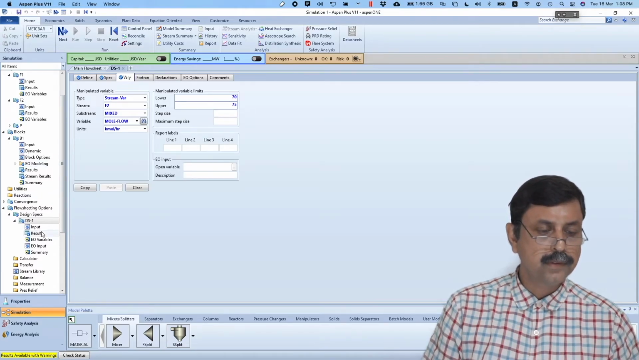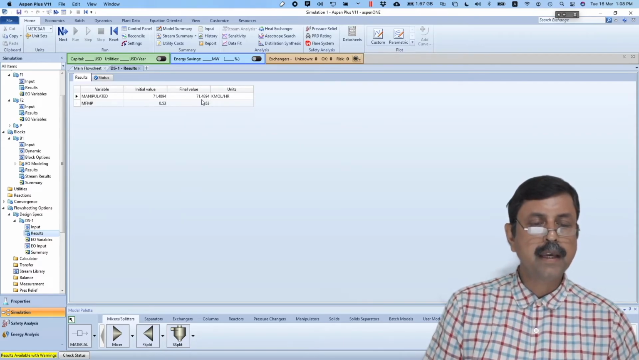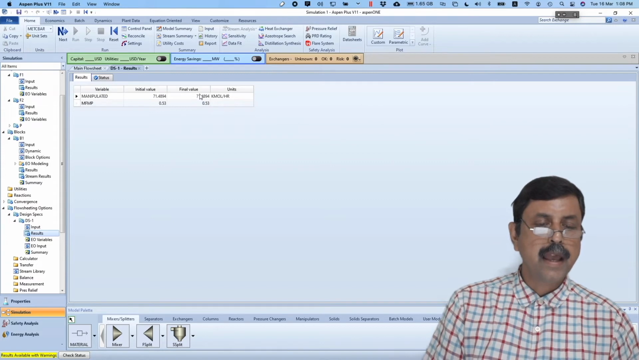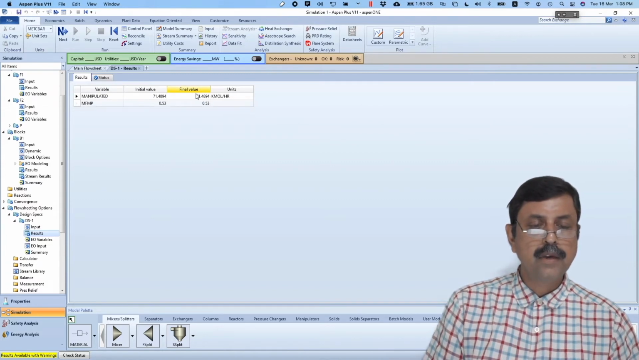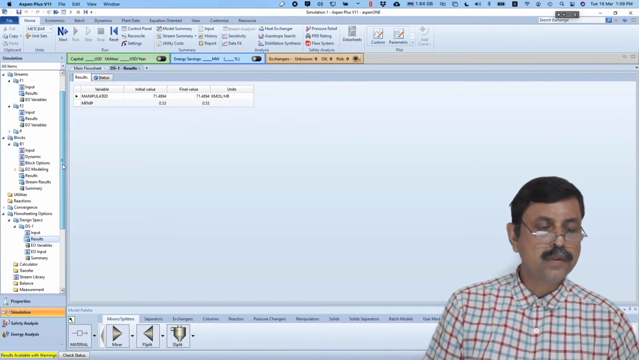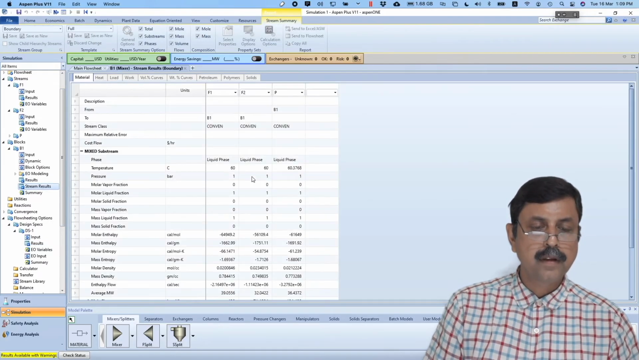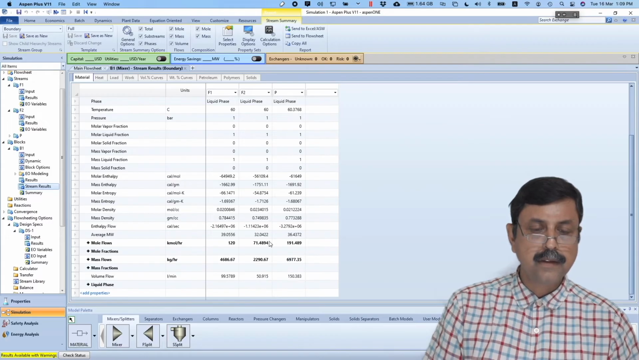Yes. So go to the results. Here it has identified it should be 71.4894 kilomoles per hour. And you will find this value in our simulation itself. If you go to the simulation results, you will find the block result. Here you will find 71.4894,